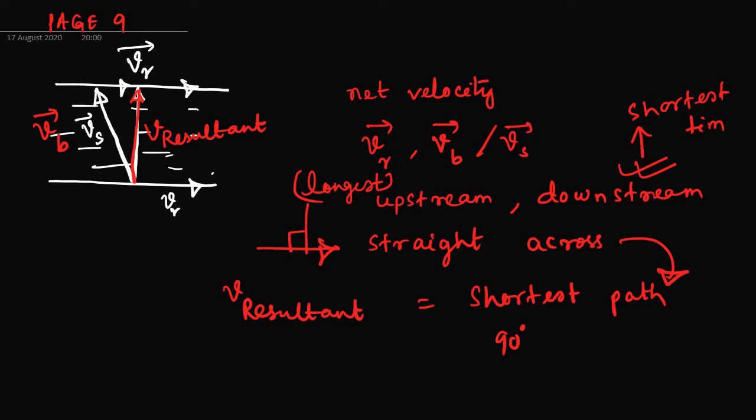Straight across means the resultant is making 90 degrees, or is perpendicular to the direction of the velocity of the river. So the direction is decided by the flow of the river along with the direction of the swimmer. When it is 90 degrees, it would be the shortest path. When the swimmer is traveling downstream, it would be the shortest time, of course. So these are two important things that I needed to discuss. I will now move on to the next part.